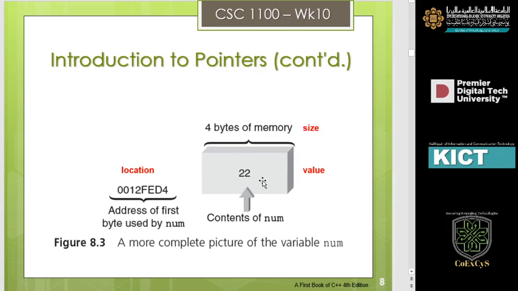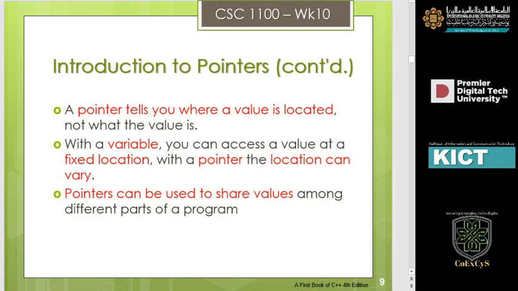The content or data might be stored in a bigger size of memory, but in this case it will point to the first byte of that data. Now, a pointer tells you where the value is located, not the value itself. With a variable, you can access a value at a fixed location. With a pointer, the location can vary, so the pointer basically changes